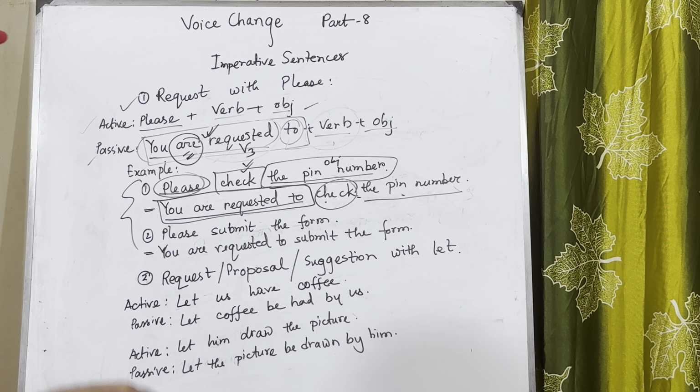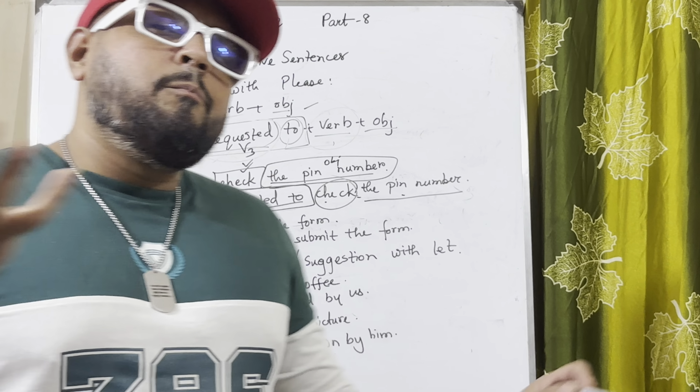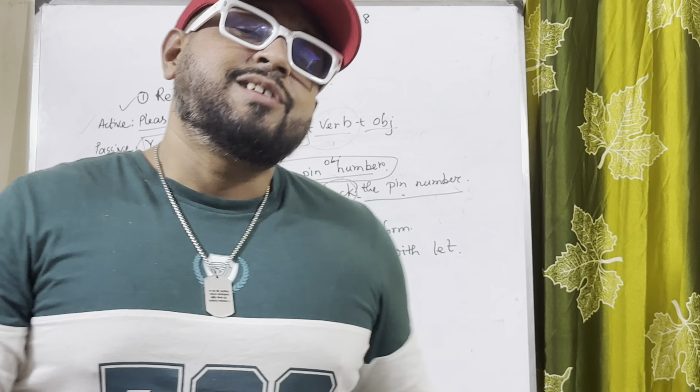Now take a look. Again, there is another method of requesting, or more specifically, proposals and suggestions. These two things we often make using "let". Like, let's go for a movie. So what is it? It's a proposal or a suggestion, when I suggest or propose to somebody to do this activity with me. Let us have coffee. So you can see over here the sentence started with "let", but it's not a passive